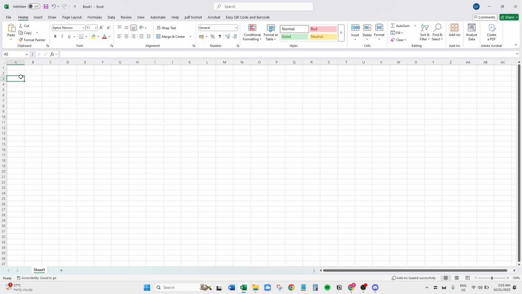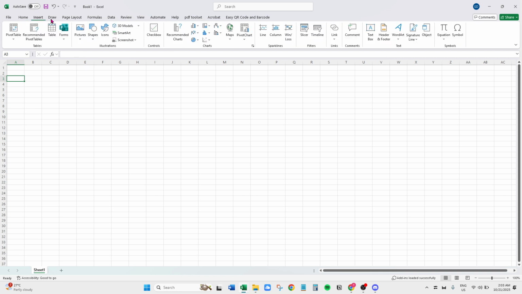To get started, first open Excel on your computer. Make sure you have a compatible version that supports add-ins. Most recent versions do, but it's always a good idea to double-check if you're working with an older version. Once you've got Excel open, you'll want to head over to the Insert tab. This is where all the magic begins, as this tab offers a plethora of options to expand the functionality of